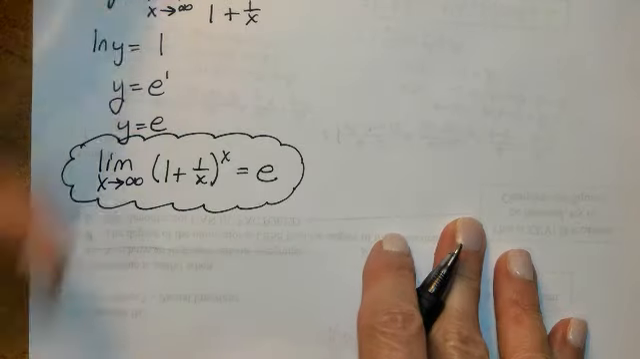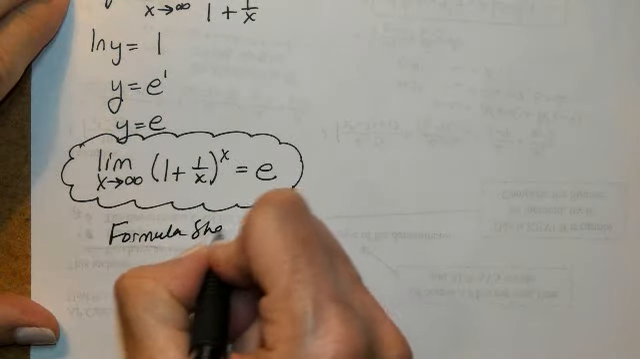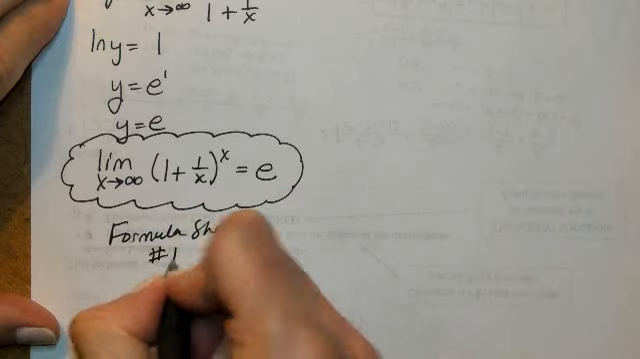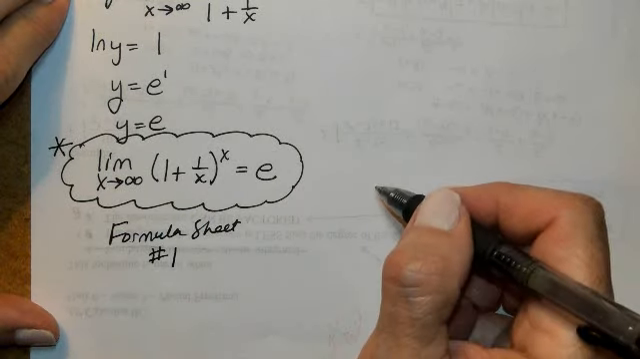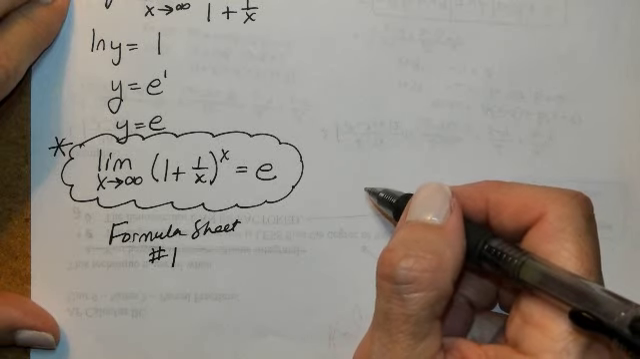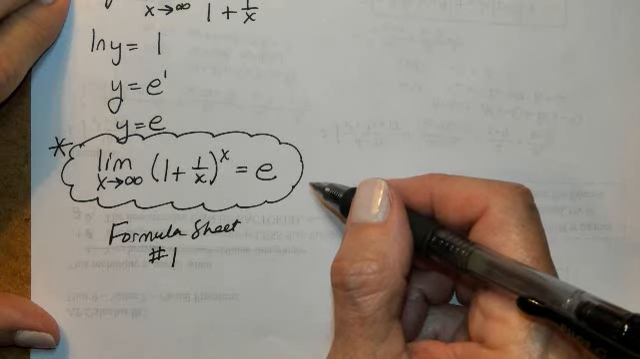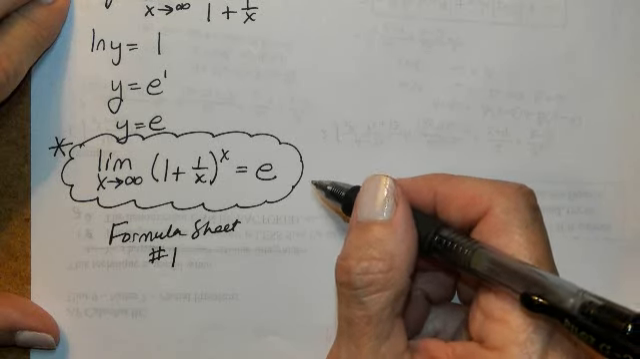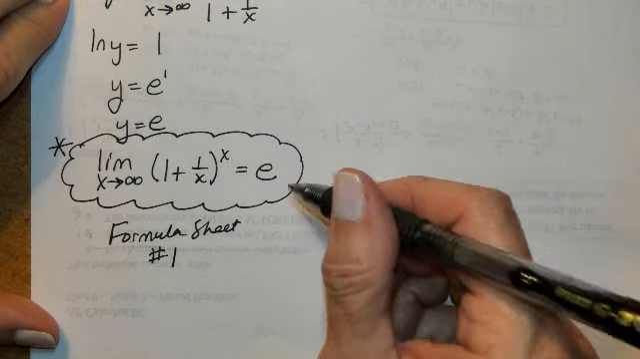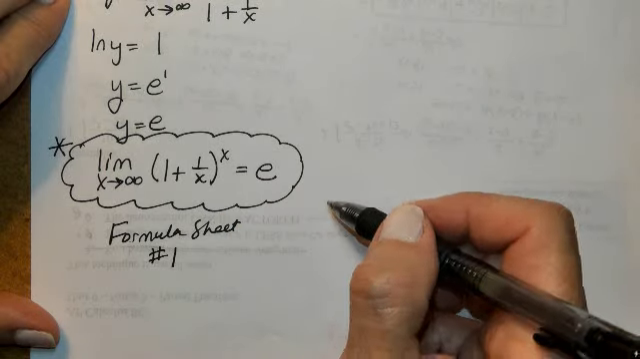If you look back at your formula sheet, the very first thing on there is this. It's the definition of e. All right? This is our definition of e. And we just proved it. So that's pretty awesome. Pretty awesome. So now that you know where it came from and it's on your formula sheet,